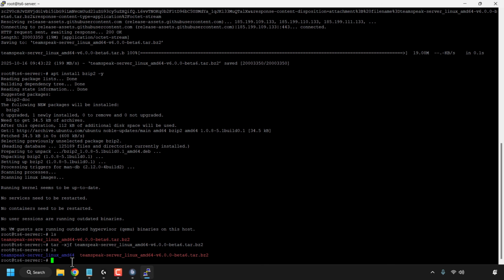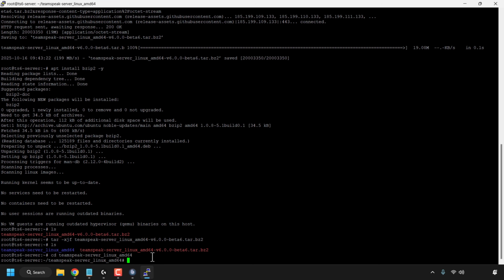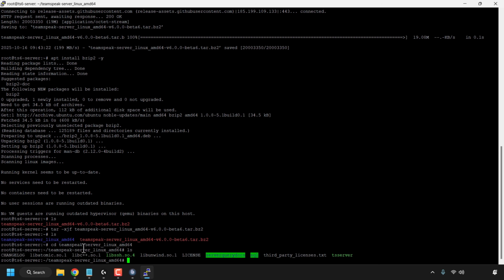We can then navigate into this directory or folder by highlighting TeamSpeak all the way to where it says AMD64. It's now already copied, so this is the uncompressed folder name. To go into that directory or that folder, type cd, which stands for change directory, space, and then right click to paste the folder name you have just copied to your clipboard and then hit enter on your keyboard. Type ls again and hit enter. And as you can see, we have the TeamSpeak 6 server files in here. As you can see, TS server is in this directory, and this is important as we'll need to make this